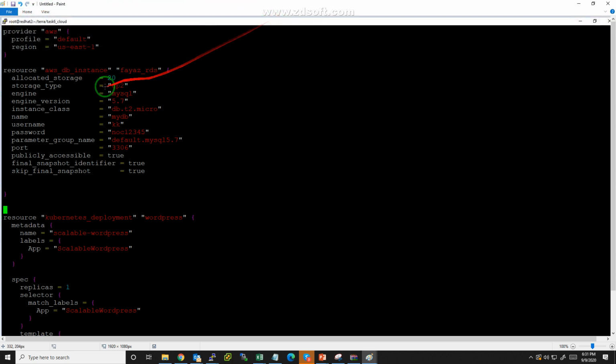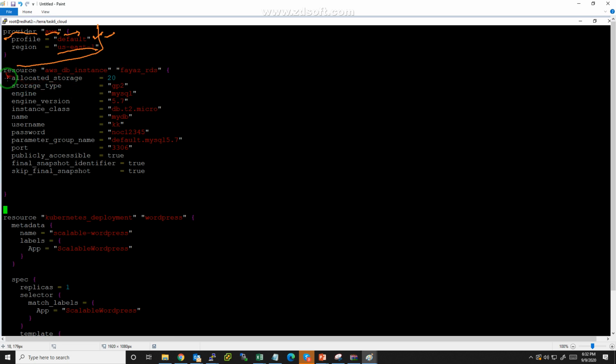So this is the provider. In the provider I have told that this is AWS, and my profile name in my local system is default, so you can access this. And the region, whatever I launch, will be launched in US East 1. So this is the profile we have to tell in Terraform.